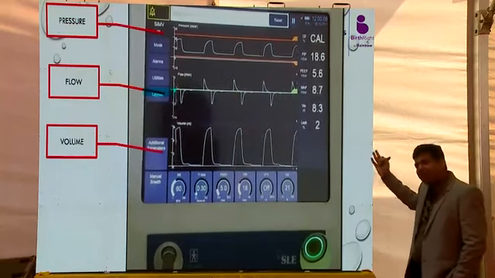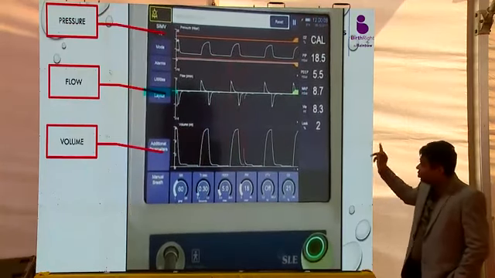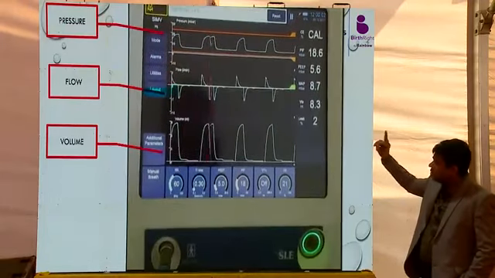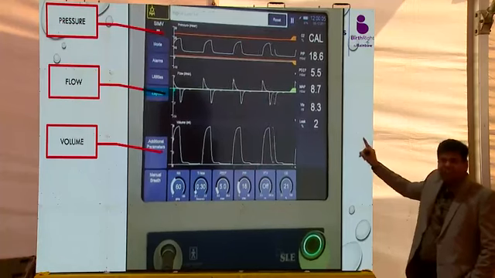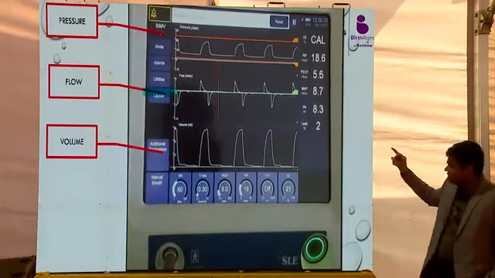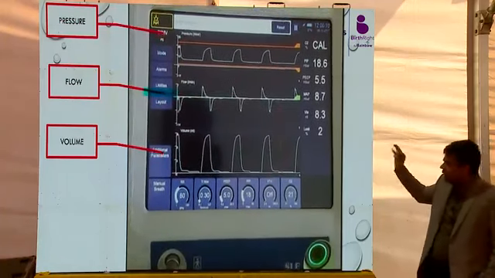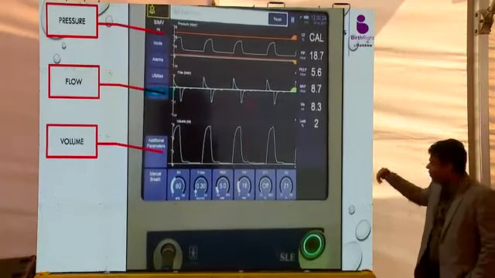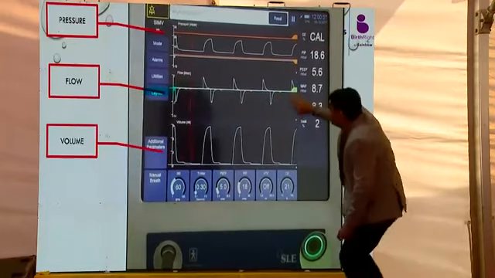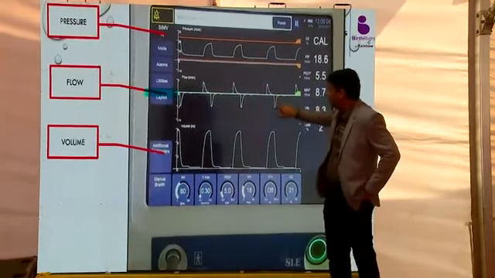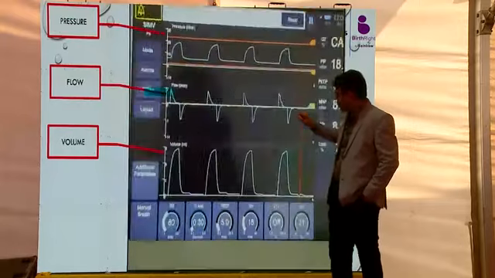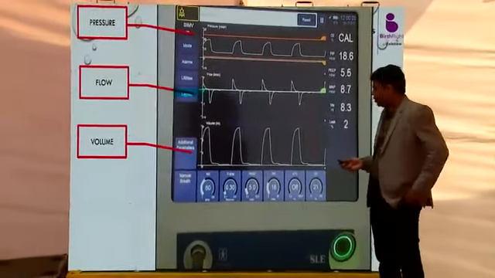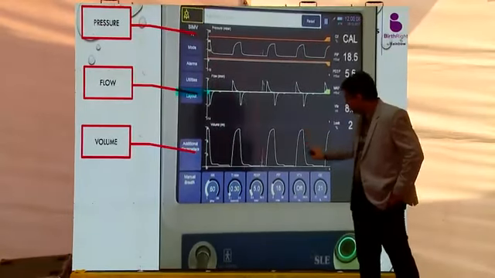Normally it may change from ventilator to ventilator screen, but the topmost is the pressure one. On the x-axis is the time, on the y-axis is the pressure. The middle one is the flow one, on the x-axis is the time, and the part above the line is the inspiratory flow. So that's the inspiratory flow and that's the expiratory flow. And the lowermost is the volume one. So for volume, this is the inspiration and this is